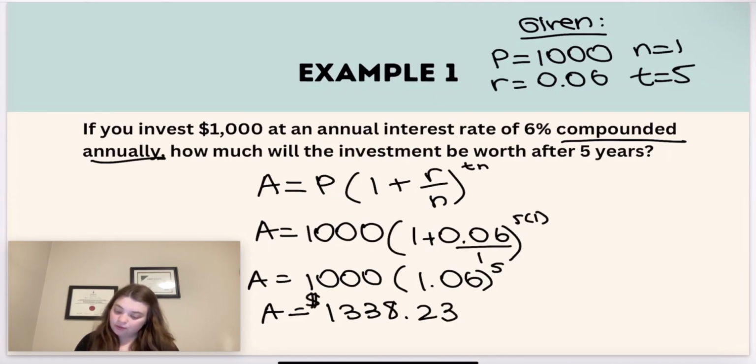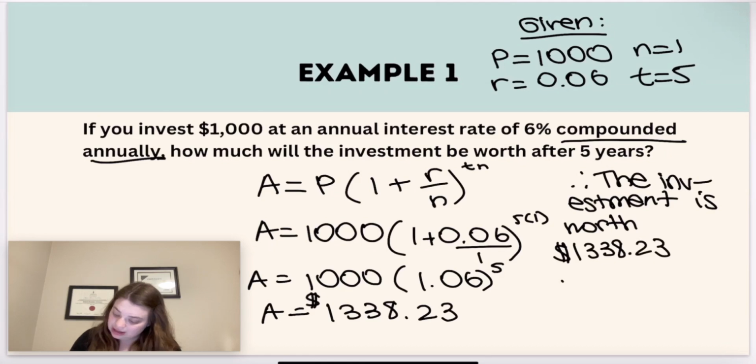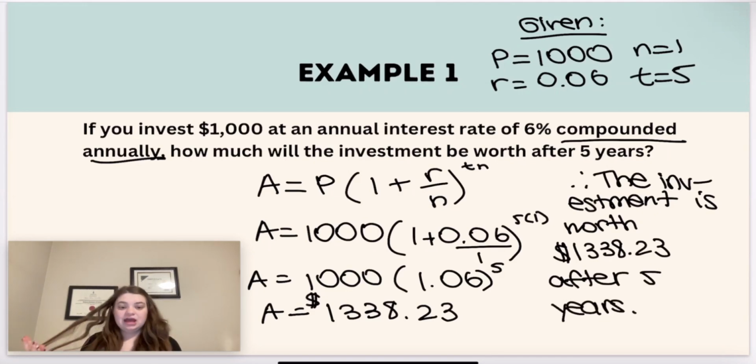And so, therefore, in terms of how much the investment is worth after 5 years, it is worth $1,338.23. So, I'm going to write that in my conclusion statement that, therefore, the investment is worth $1,338.23 after 5 years. So 1,000 of that is the initial money we put in, and then the other